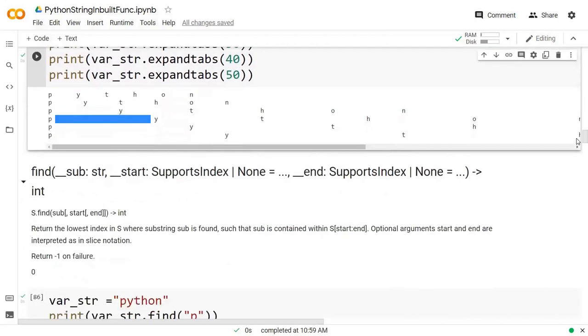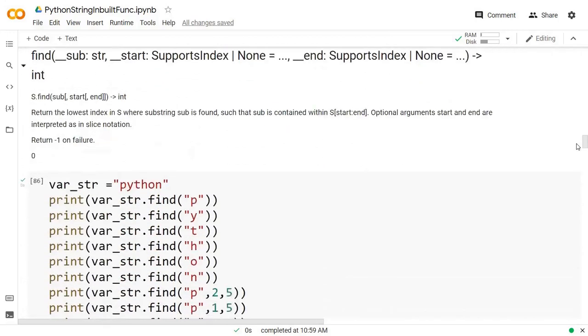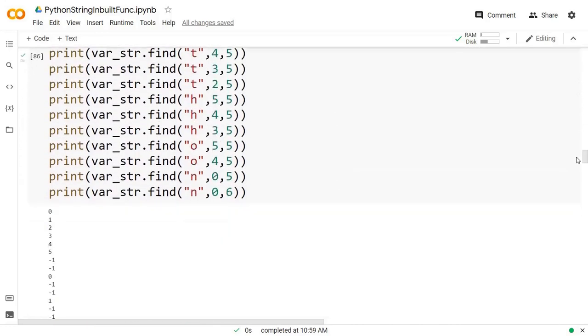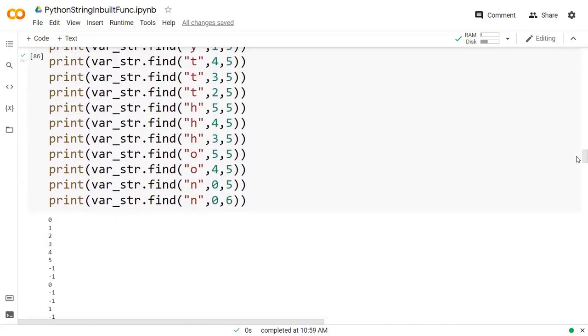Next function is the find function. Now the find function, like your index, finds the appearance in whatever string you are giving right there. So the very first one is where you can see we are checking Python, and it will give me the index number for that.